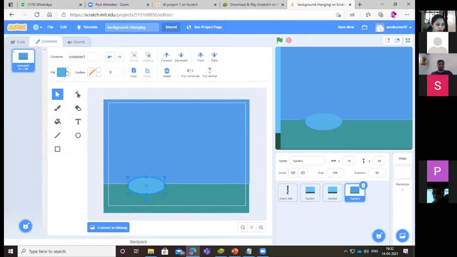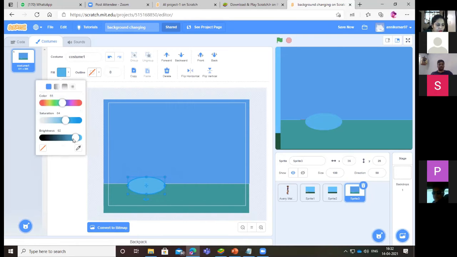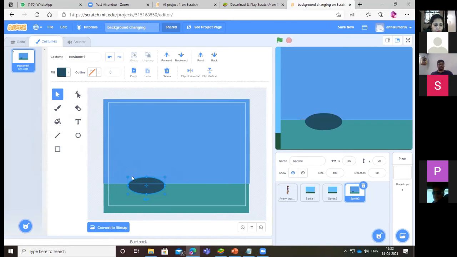I want it to become gray. Let it be, I have taken this. And there's a very beautiful symbol here. I want to make it look like a pebble. So select this symbol and you make it. See, it's now looking like a pebble, isn't it? Now you can see this window. Now you can add one more stone here.